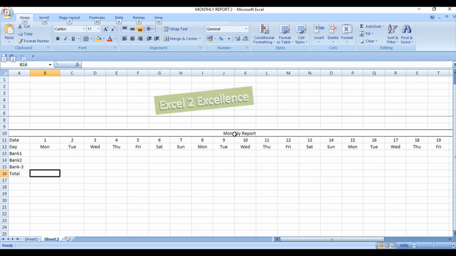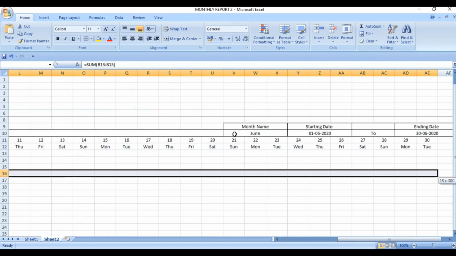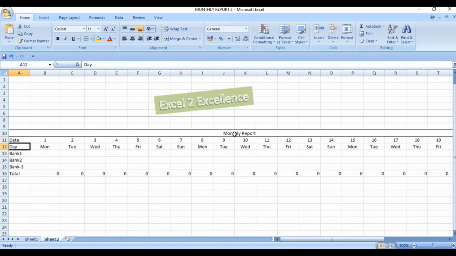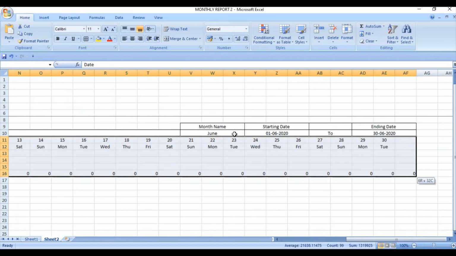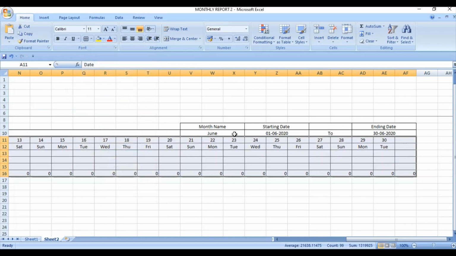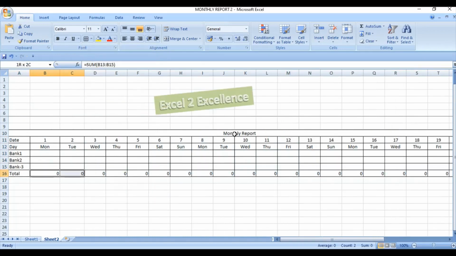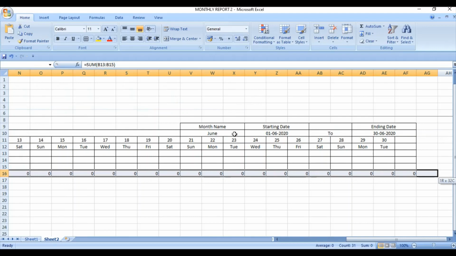Insert here the sum function with the help of Alt and equal to sign. Define the range, copy it to the entire row. Select the entire range with the keyboard shortcut Alt H P A. With the help of the separator, we can remove this 0.